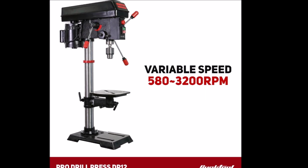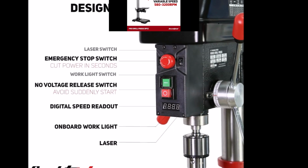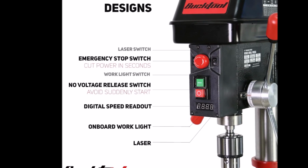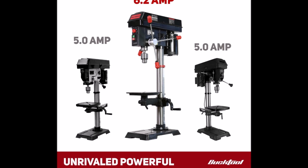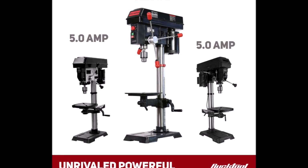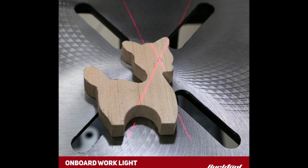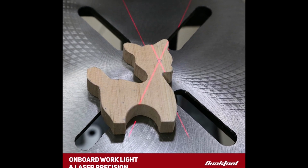Additional features include a Class IA 2.5 milliwatts laser for accuracy, a work light for enhanced visibility, an emergency stop switch, and a no-voltage release switch for safety. With an overall height of 39 inch, it stands 2 inch taller than other 12-inch models, providing extra support for